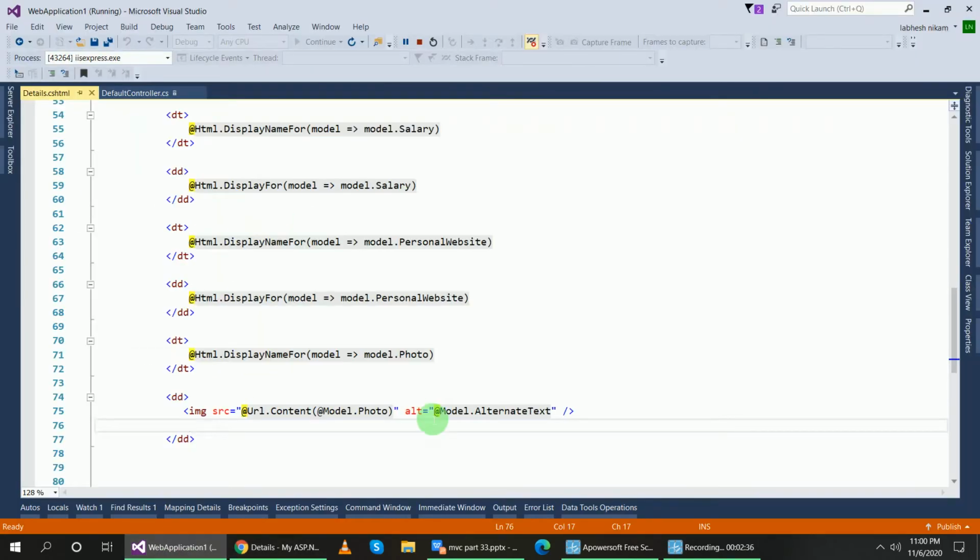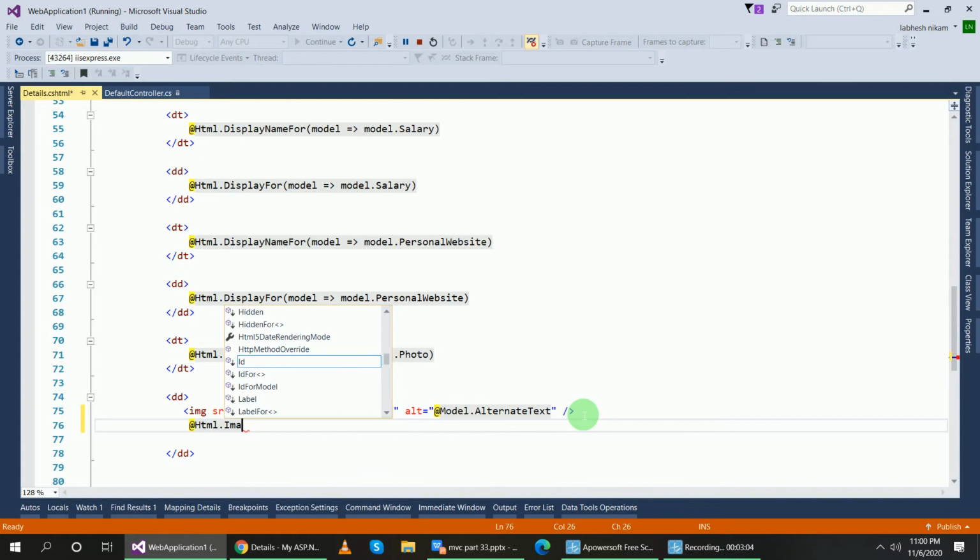Now if I want to use my own HTML tag, suppose I want to use an image tag, but this is not in MVC, and I try to use that, suppose Image, then this will create an error.